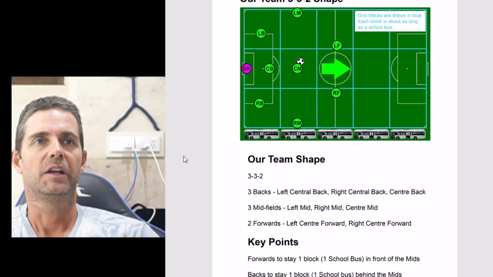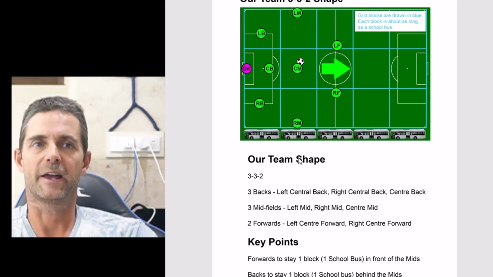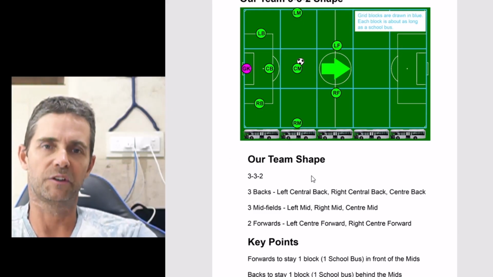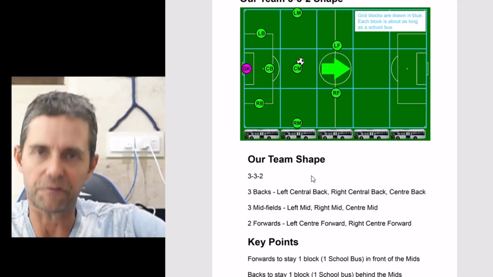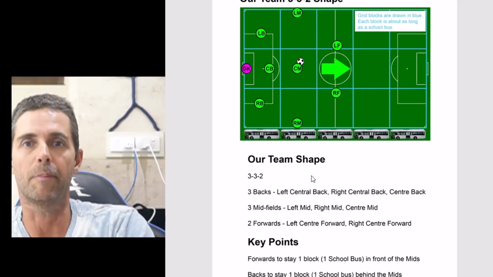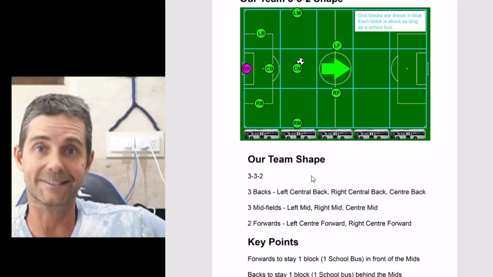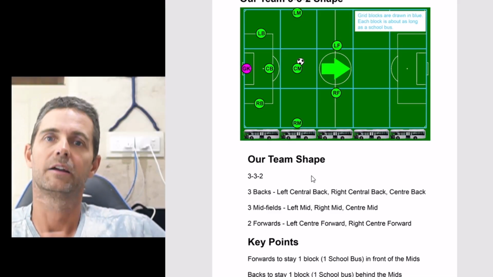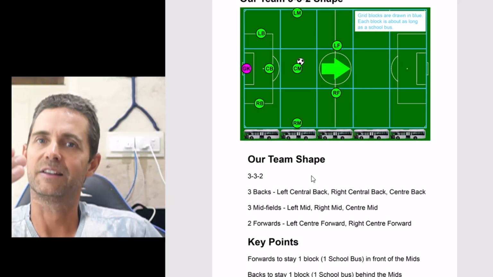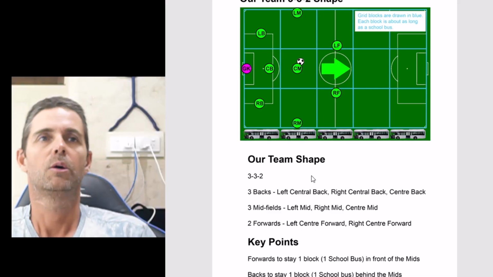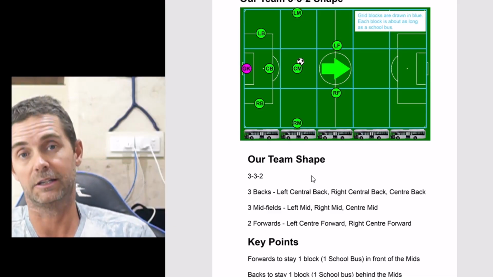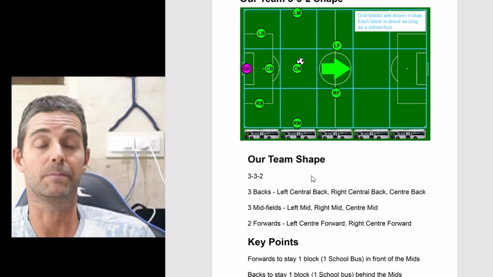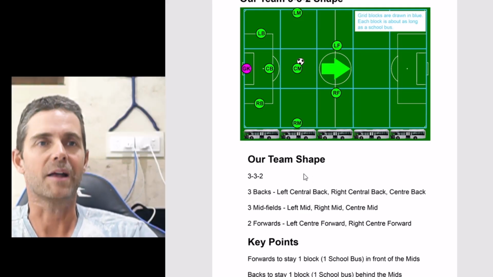Okay. If you remember last week's video, we talked about our team shape. In this week's video, we're going to specifically focus in on the central back position, or the central backs: the left central back, the right central back, and the centre back. All right? We're going to specifically look at those three positions. But before we do that,